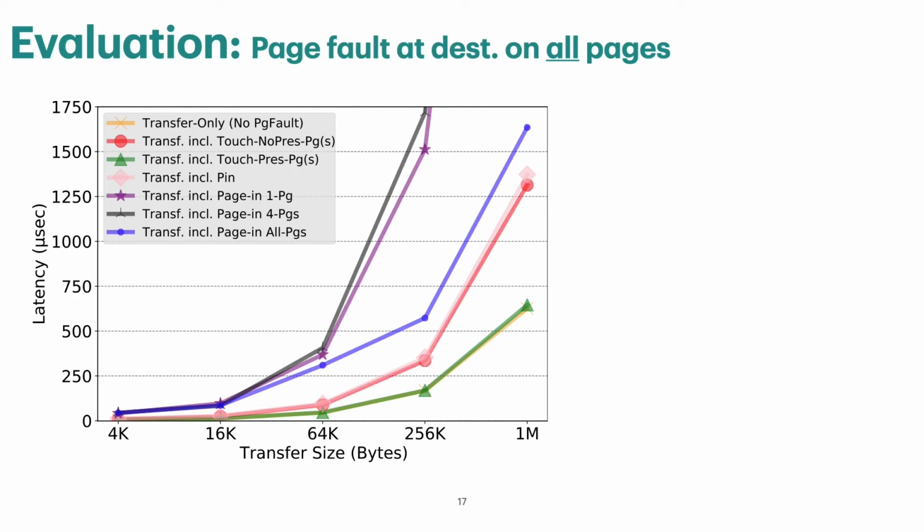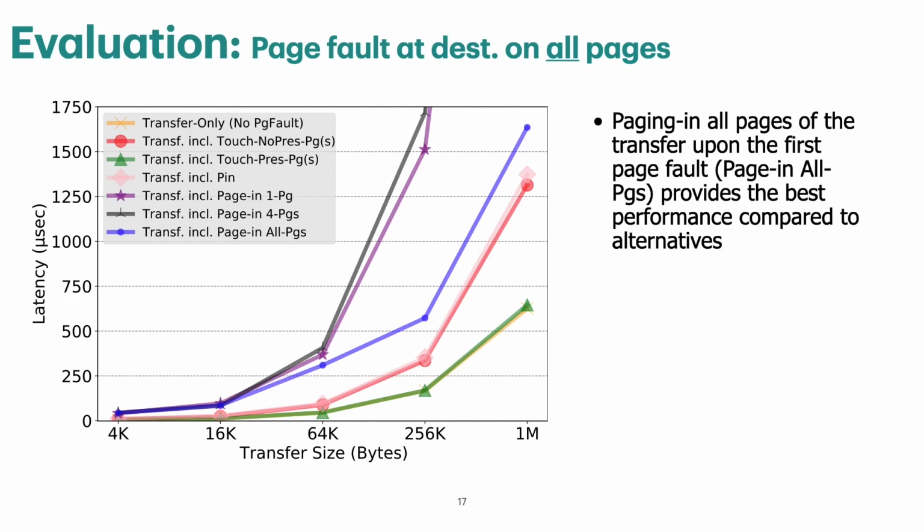We also have here a mechanism that pages in all pages. That means that when a page fault occurs for the first page, we expect that all the pages of the transfer will exhibit a page fault, so we'll try to bring them to memory as well. So this is the blue line, and we see here that performance-wise it dominates all the other 2 page fault approaches. In particular, for 1 megabyte transfer, and comparing this to the transfer-only latency that involves no page